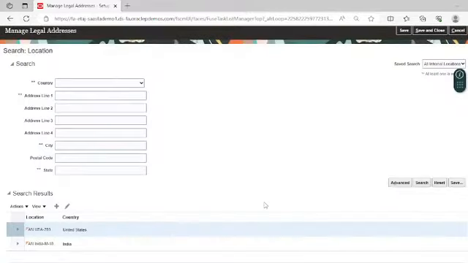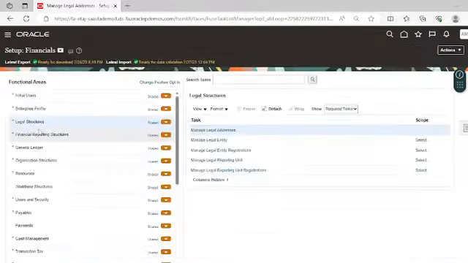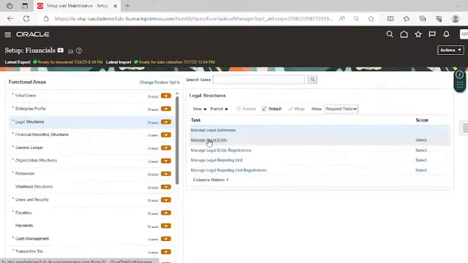Click on OK. So we have created legal address for both the offices. Now click on Save and Close, and now we will create the legal entity.